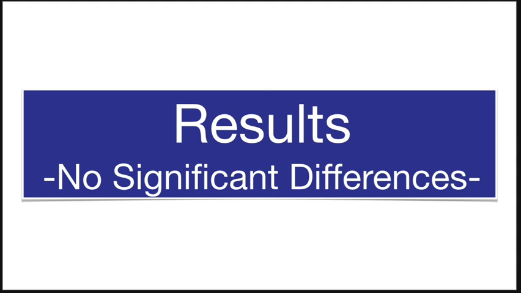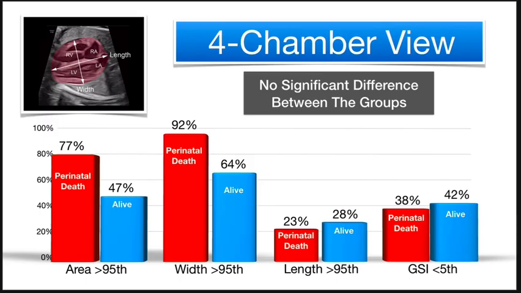Let's now review the results of measurements that demonstrated no significant differences between fetuses who had a perinatal death and those that survived the neonatal period. Measurements of the four-chamber view demonstrated no significant differences in the number of fetuses who had a perinatal death and those who did not for the area, width, length, and global sphericity index of the four-chamber view. Although not significant, 77% of those who died had an enlarged end-diastolic area of the four-chamber view, and 92% had